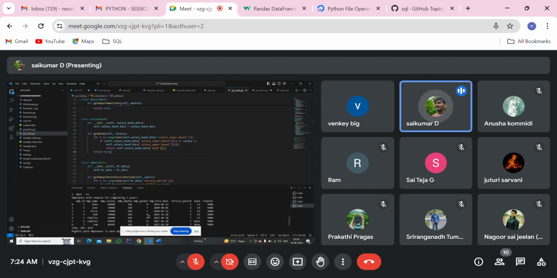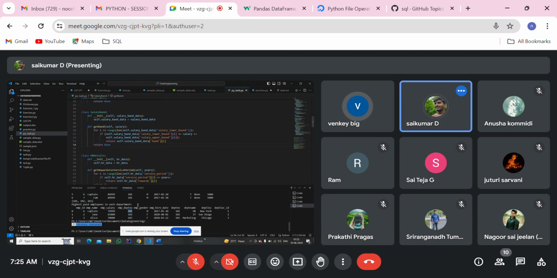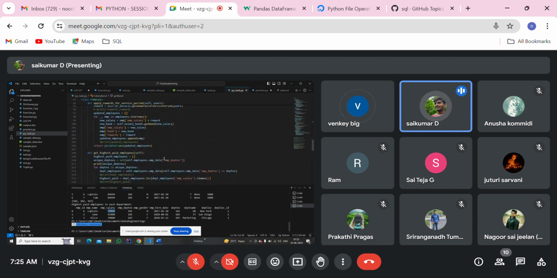I did, but I do identify a few errors. For the third use case, we need to print the highest employee data in each department. I provided two employees with the same higher salary, but the first instance is only coming into the picture, but the second one is not, because I'm using a function where it only takes the